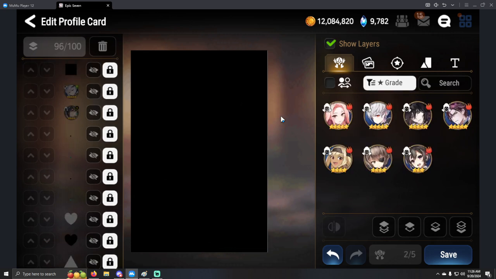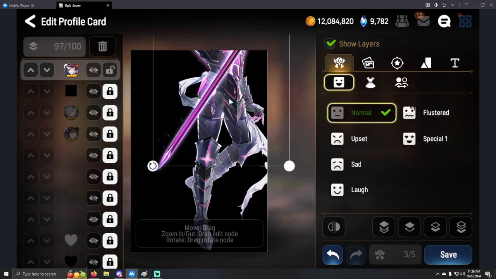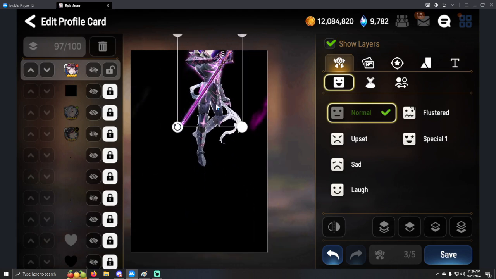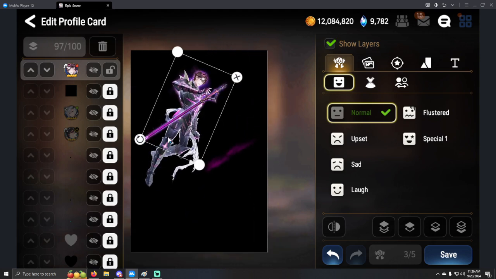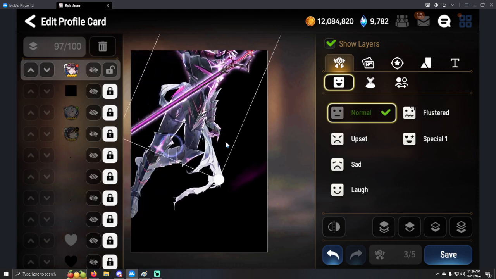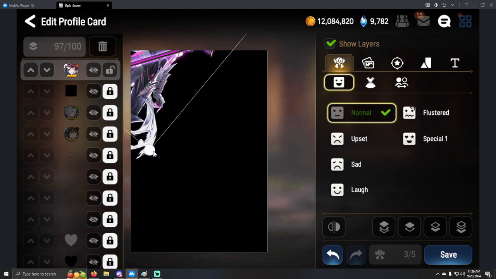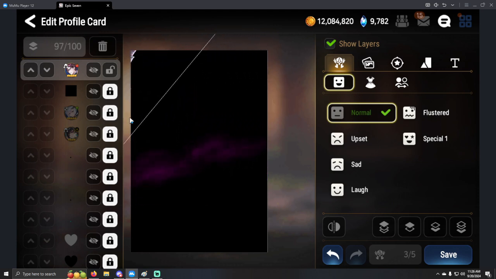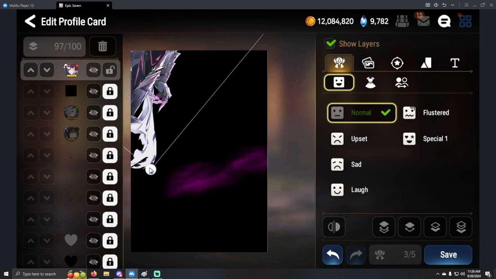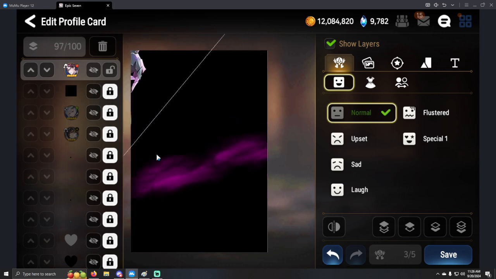So sometimes what appears on the dynamic card isn't what always appears on the static card. I'm gonna show you a couple examples right here. And I think one of the biggest perpetrators of this is actually Kayron. So Kayron, you think that he might not have anything, right? But if you look closely, he has this purple effect here, right? And you might think, okay, well, I don't really need a purple effect in my card, but